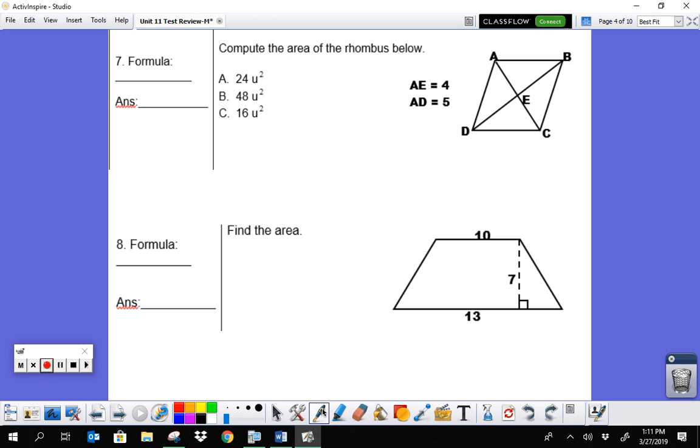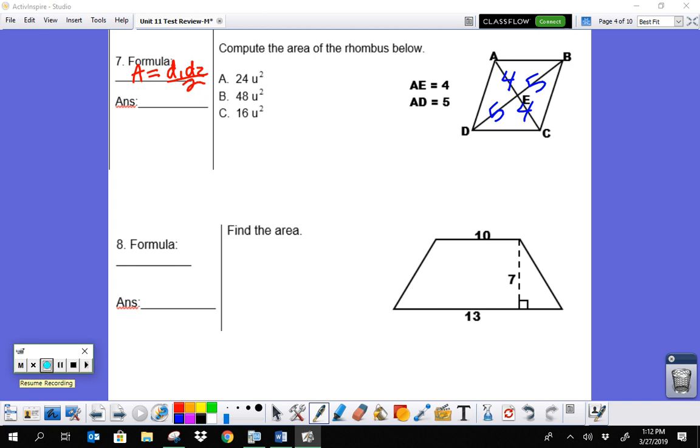So the formula that you're going to use is area equals D1 D2 over 2. Okay, so here I'm going to come over here and write these in. So AE is 4, AD is 5. These two pieces are equal. So if that's 5, so is this, and that's 4. AD is